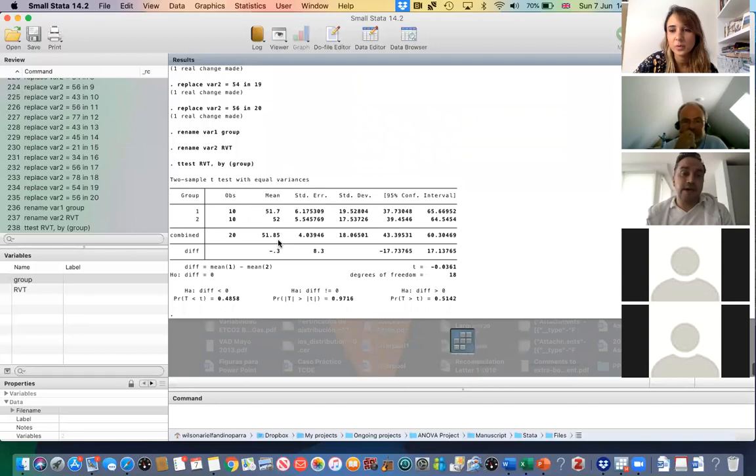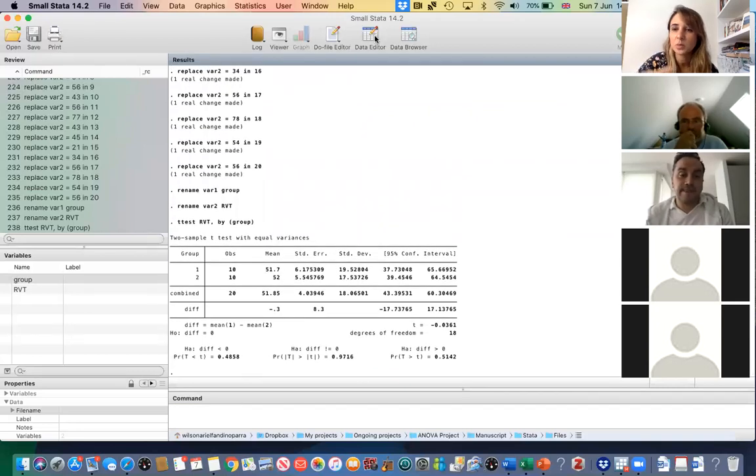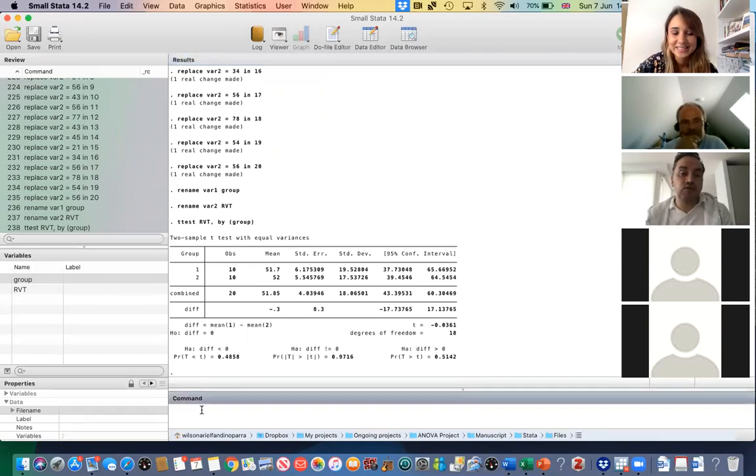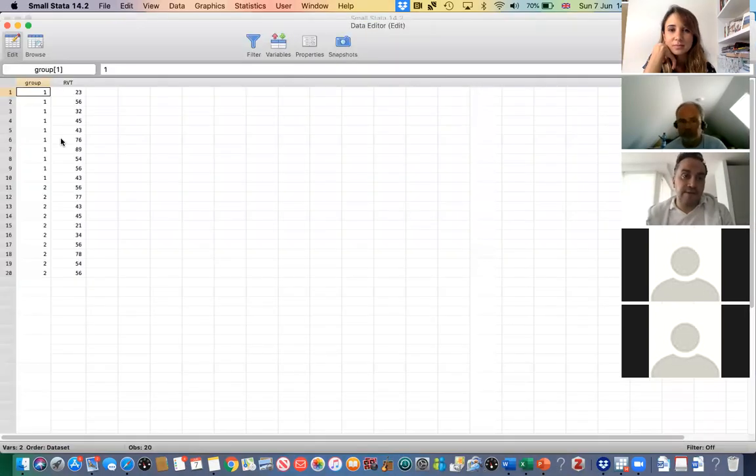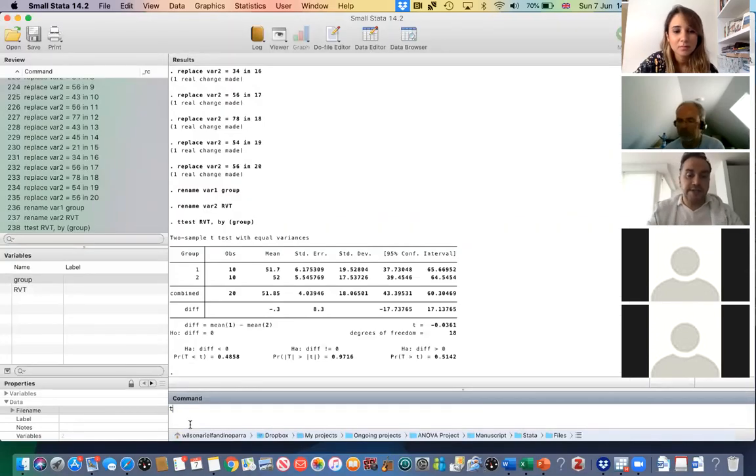Actually, if we have this long format, should we transform it to the wide format to run the paired test? No. If you want to do a paired t-test, Stata can do that for you. I'm still in the long format, you see, this is the long format. So you just need to change this t-test